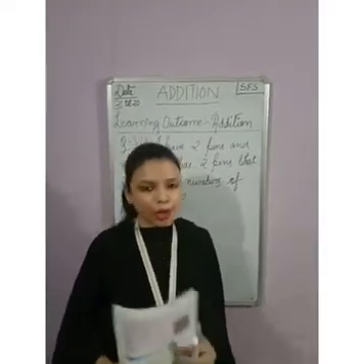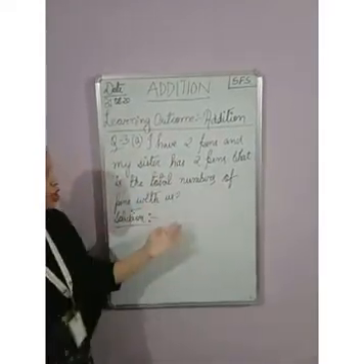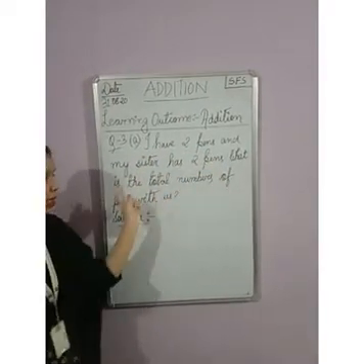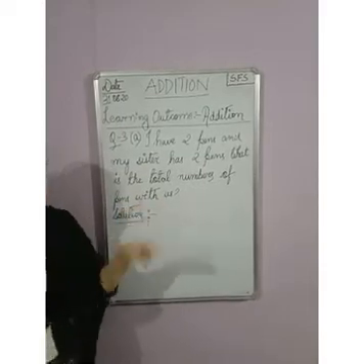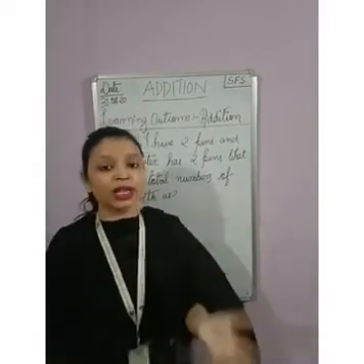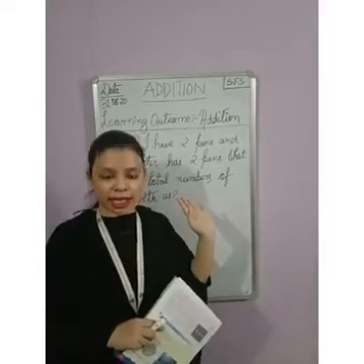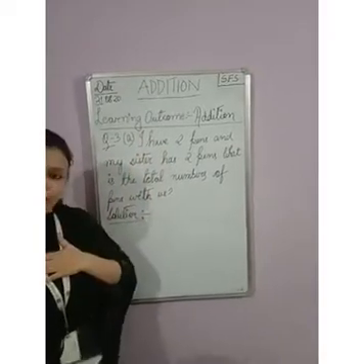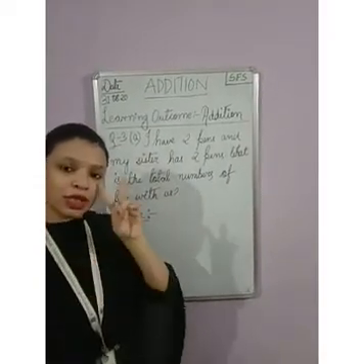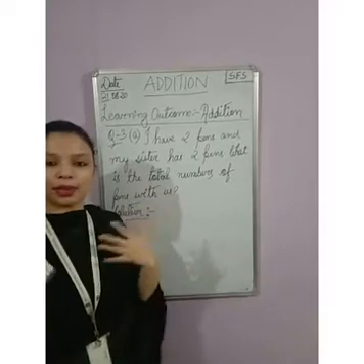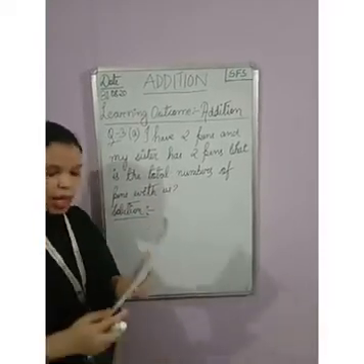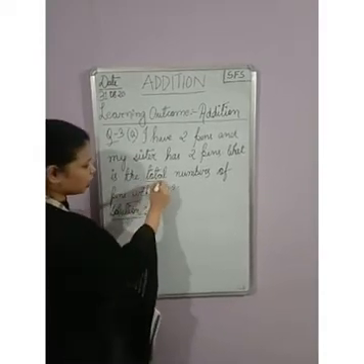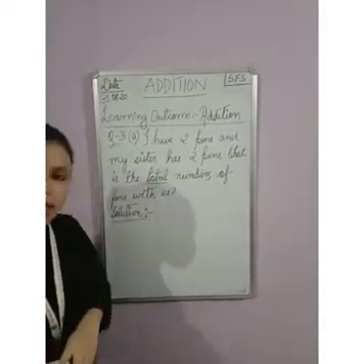Now there is one word problem here, page number 59. The question is, I have 2 pens and my sister has 2 pens. What is the total number of pens with her? So this is a word problem based on a real life situation. That means it is kind of things that happen in our life. Now it is asked that I have 2 pens and my sister has got how many pens? 2 pens. So what is the total number of pens with both of us? Okay, so I have to count the total number. See what is the word used instead of addition? Total. See, so this is also another word for addition.